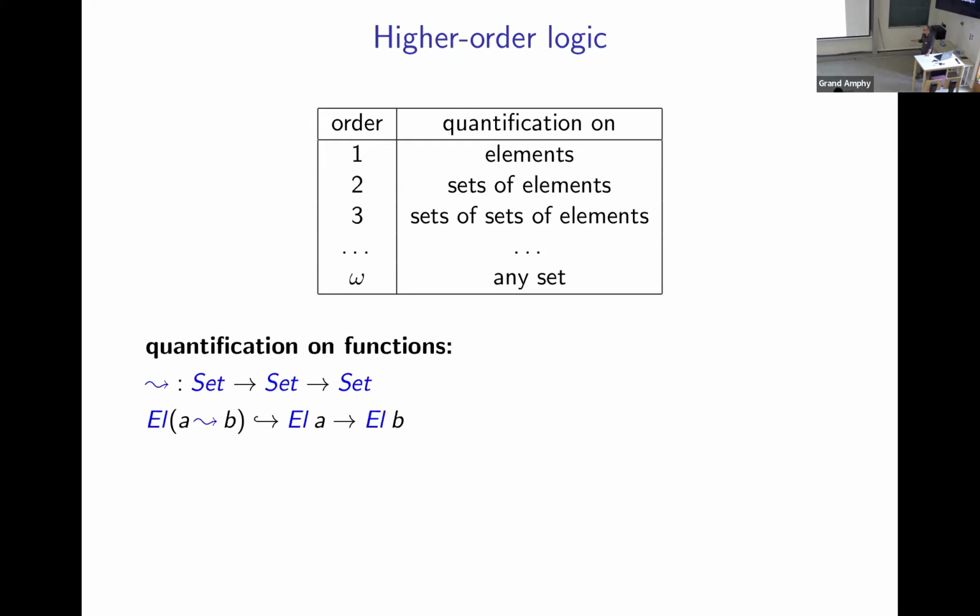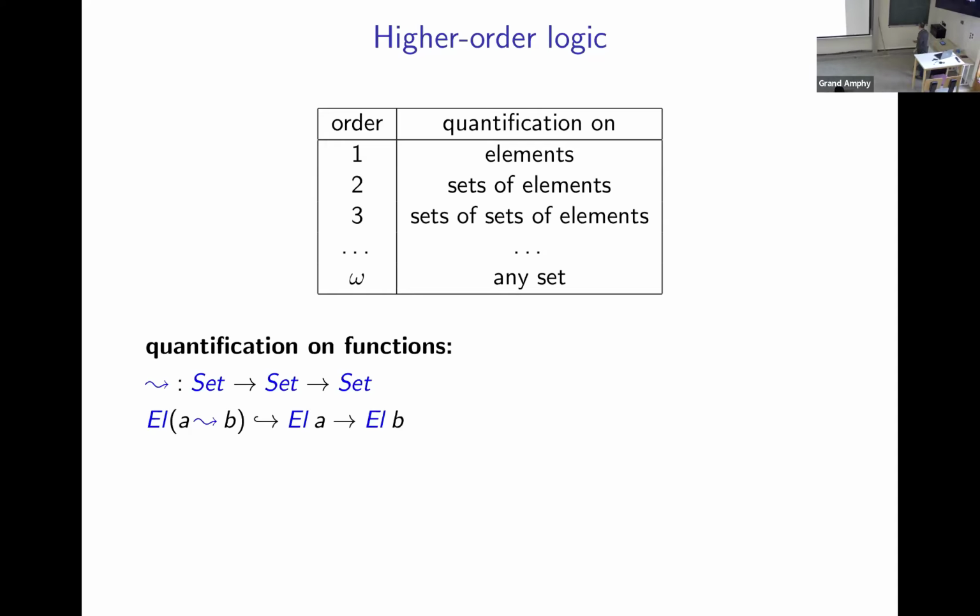So if we assume that we have this and all the things that we have seen before, we have some kind of logic where we can quantify on any function, but we cannot quantify on propositions. And usually in higher order logic, it's possible. You can say, for instance, that for all propositions P, P implies P. It's a meta theorem that you can formalize in higher order logic. So how to do this? What do you think we need to do to have quantification on propositions?